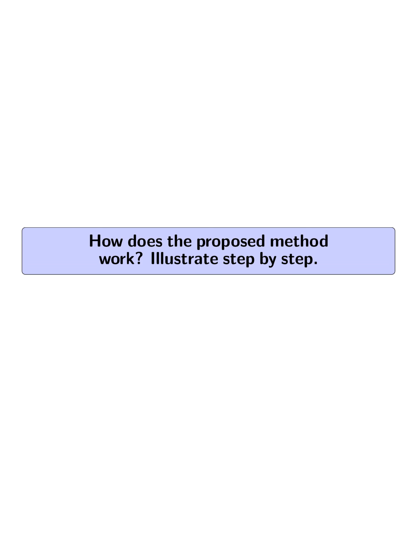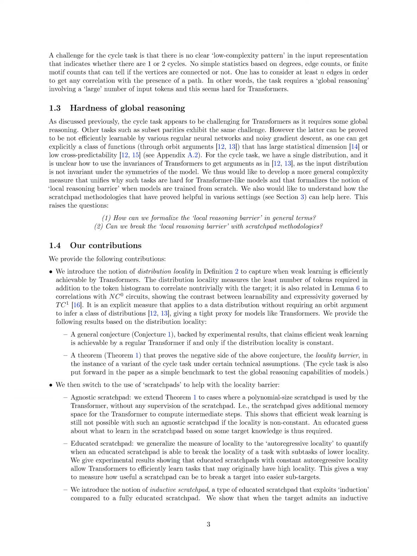How does the proposed method work? Illustrate step by step. The proposed method works by introducing the notion of distribution locality, which quantifies when weak learning is efficiently achievable by transformers. The distribution locality measures the minimum number of tokens required, in addition to the token histogram, to correlate non-trivially